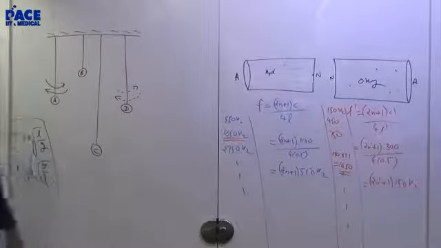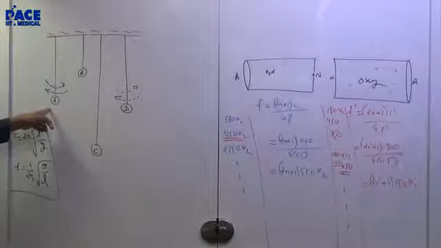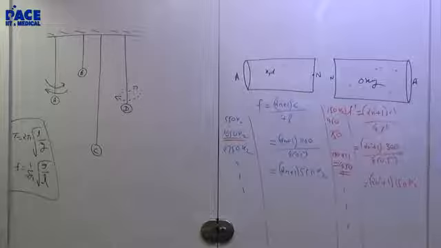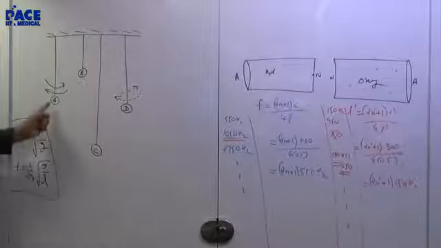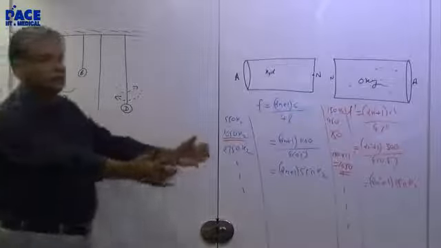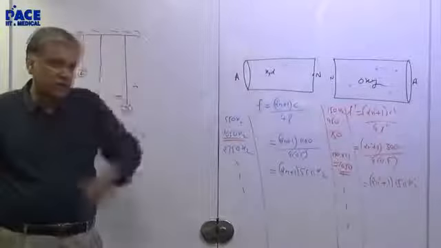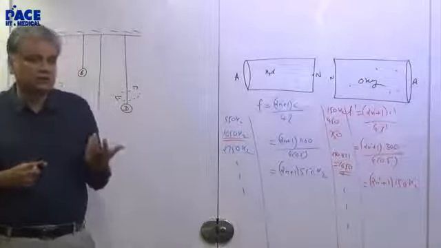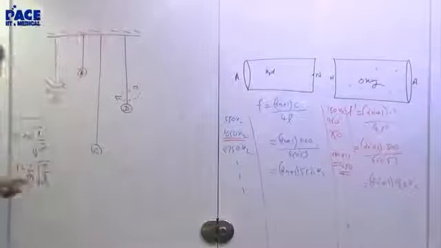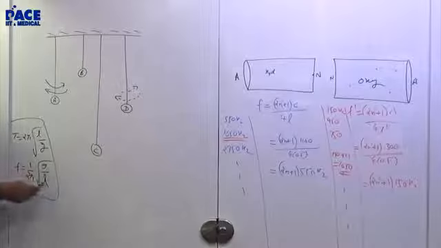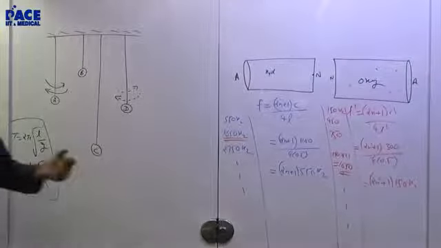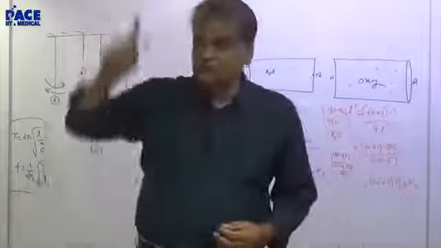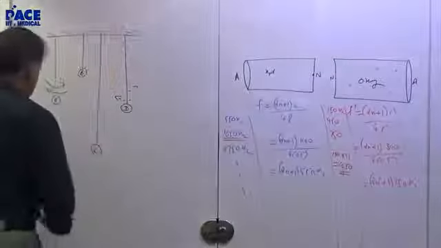So you have given oscillation to this, but this seems to move and nothing has happened to B and C. So you are wondering what's this? Now first of all, when you oscillate, just like you have a swing, you pull it to one side and leave it. Then the swing has a certain time period of oscillation. You haven't given it. It is the natural oscillation frequency. The natural frequency depends on the length of the pendulum, the length of the swing. In a swing also it doesn't depend on who is sitting on the swing. Whether a child or adult, the swing will swing with the same frequency because the length of the swing is constant. So this is called the natural frequency.